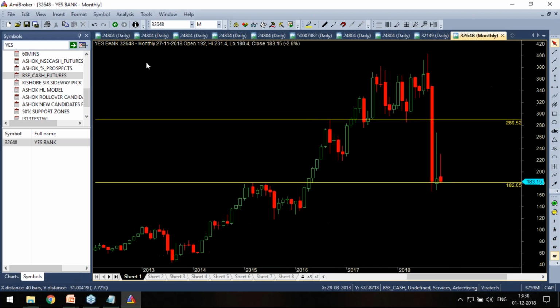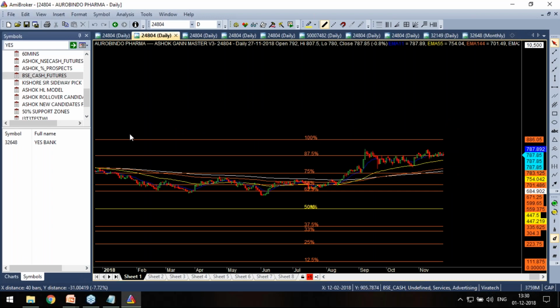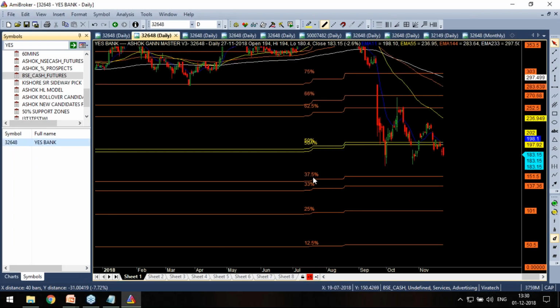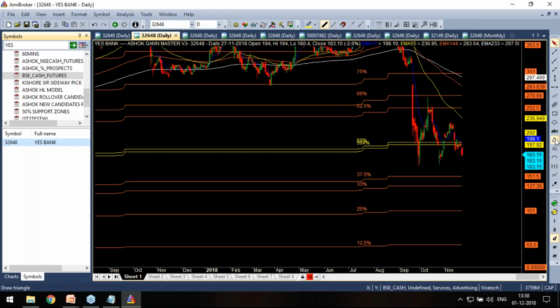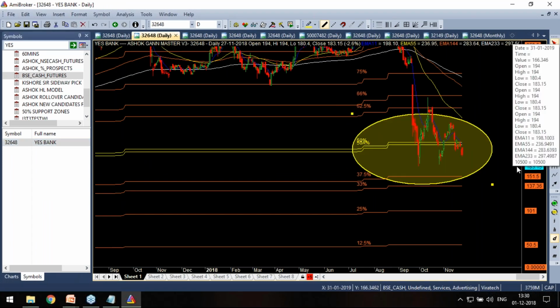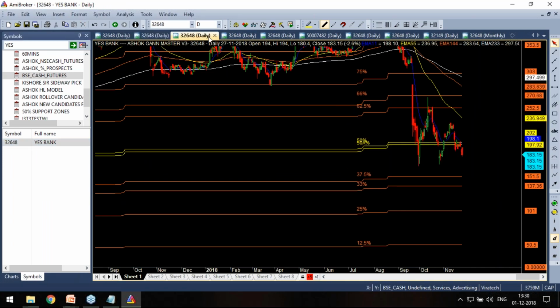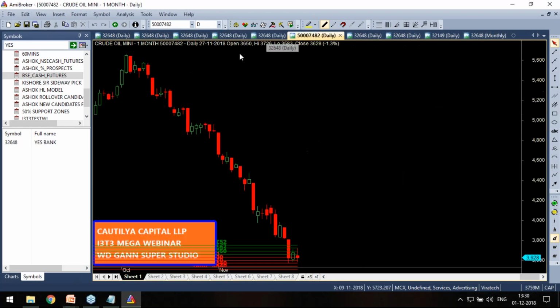So that is one part. Now the best way to analyze is to go through our GANN levels only. Now see, where is it as per our GANN story? It is playing at the 50% zone, as per our GANN power of 8 concepts, right? So next is, wait, what is that one? Let me plot that particular chart.